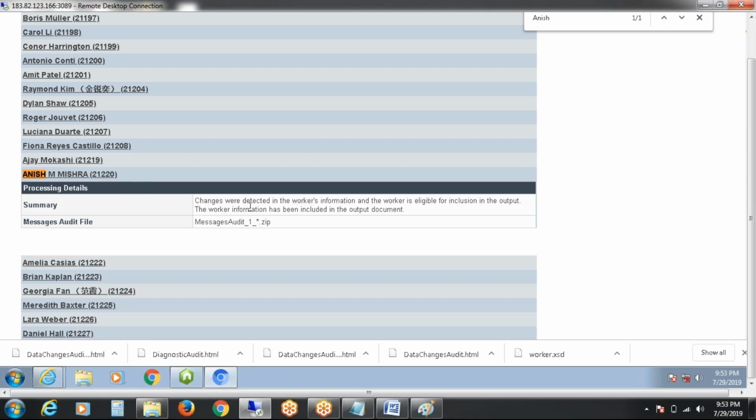So changes were detected in the worker's information. Worker is eligible for output and so on. So the summary.